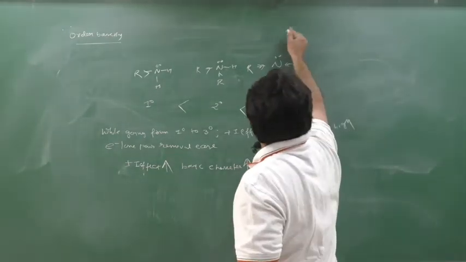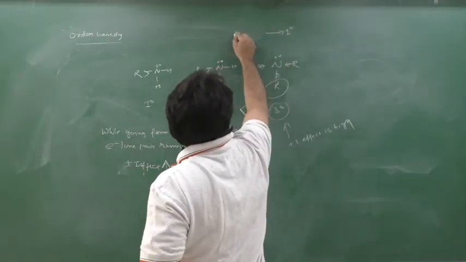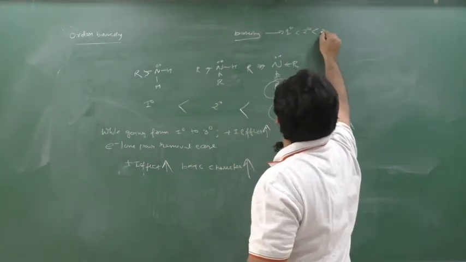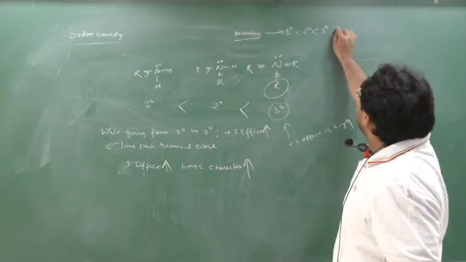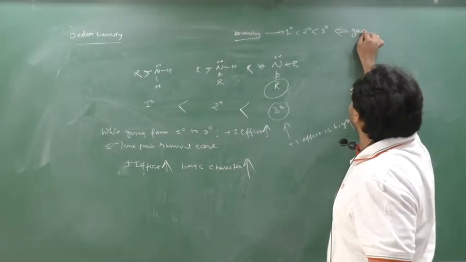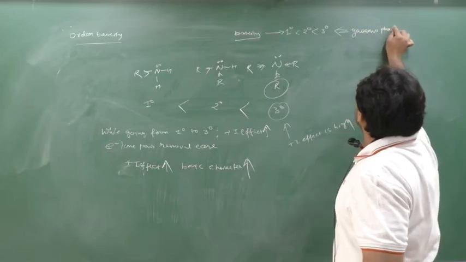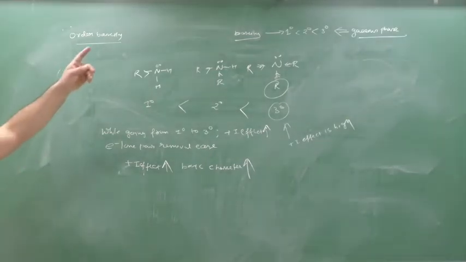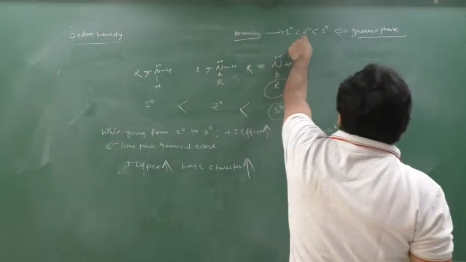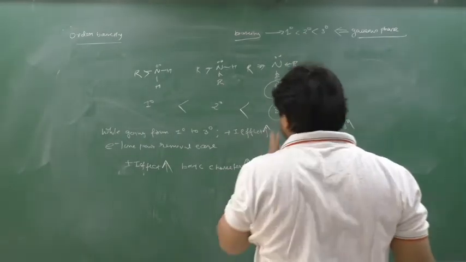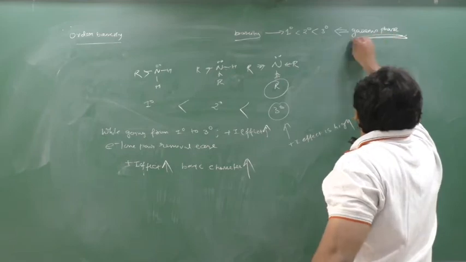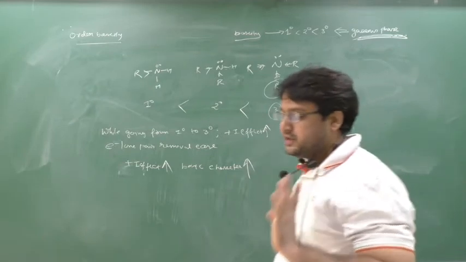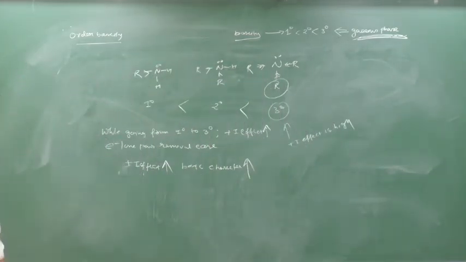So for 1 degree amine, I am writing here basicity. See, understand now, this is a little complicated. 1 degree is less than 2 degree, less than 3 degree, due to the more number of alkyl groups. But this is only in the gaseous phase. When they are in a gas. When they come to the liquid phase, this trend will change. So 3 degree amine is more basic only when they are in the gaseous phase. If the phase changes, the basicity order will also change. Clear this part?